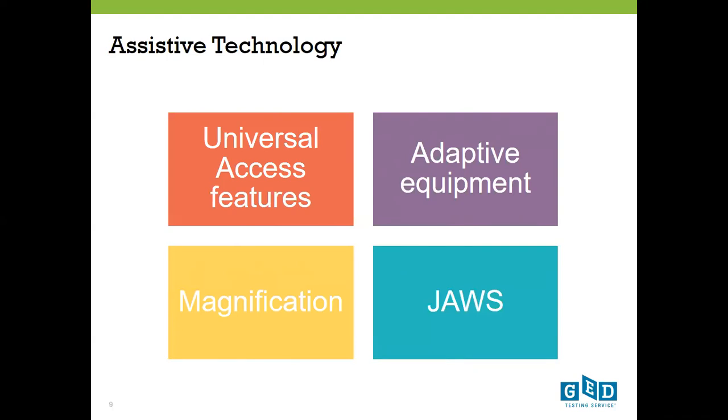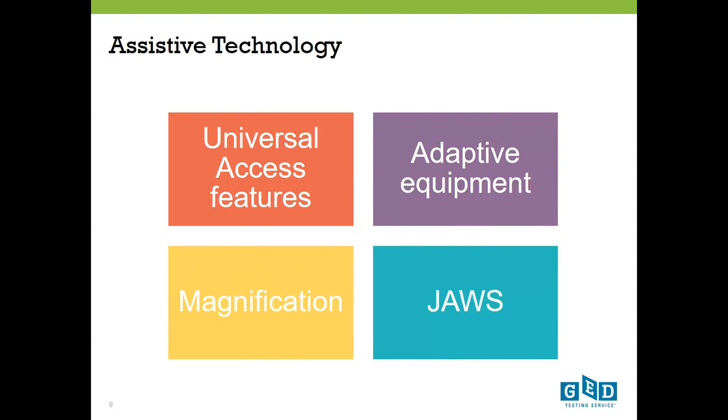And color contrast. If candidates have an Irlen sensitivity, they might want a different color palette. So for example, they might want a yellow screen with black print or a yellow screen with blue print. There are 11 color choices on the GED test, and anyone can change to one of those color choices.